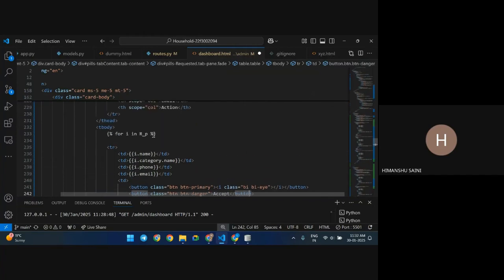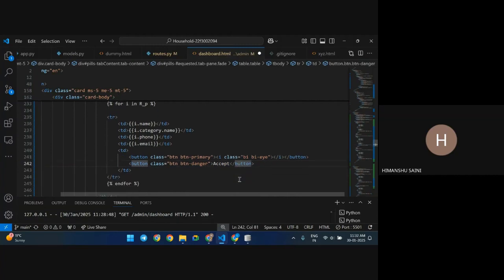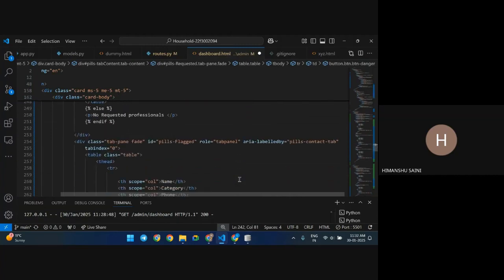So if it is a requested professional, the admin should be able to see all the details of it by clicking on this button, and by clicking on this accept button, he should be able to accept his request and approve the professional. So that's there. And for flagged,